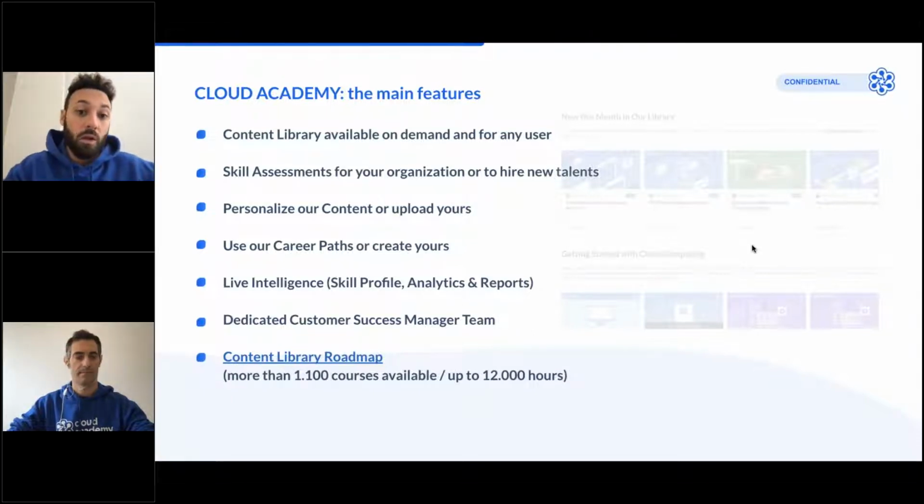And during the second part of the fiscal year, starting from December to May 2022, we also want to offer the opportunity to each enterprise customer to create your career path, your job role, defining the goal, defining the top skills, and also for sure the contents. When we speak about content, think about videos, quizzes, exams, and practical labs.